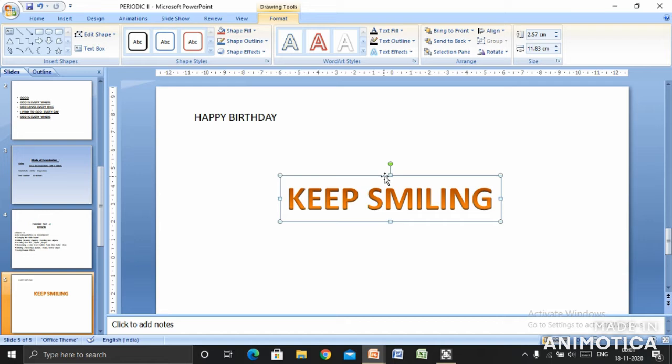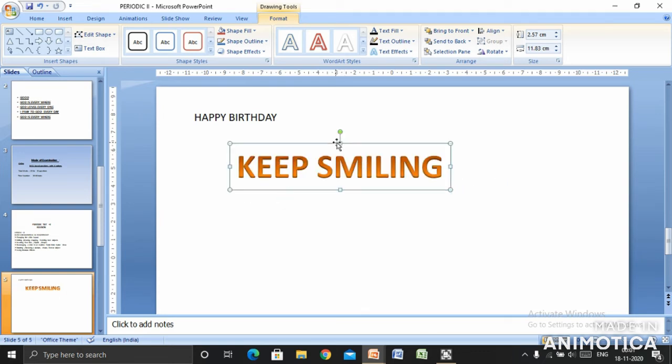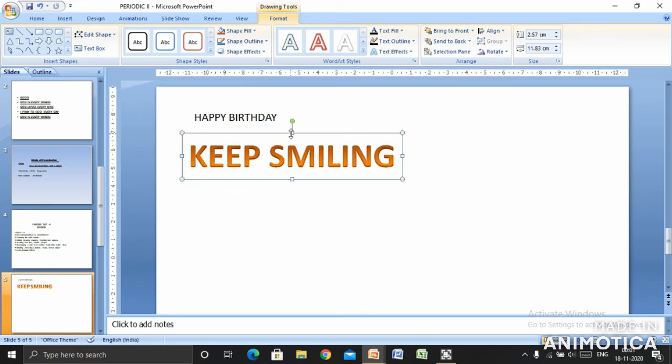Okay. Keep smiling. You can see here I have inserted a text box. I have inserted a word art. So we studied how to insert a word art and how to insert a text box. These two things are clear to you.